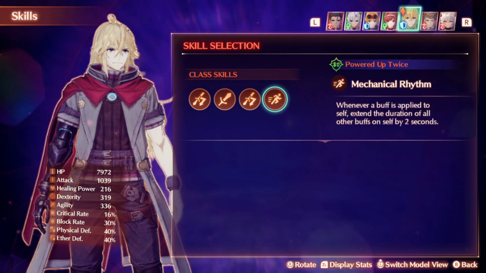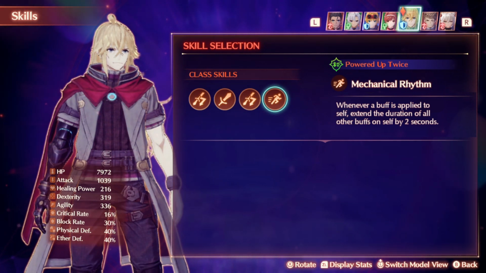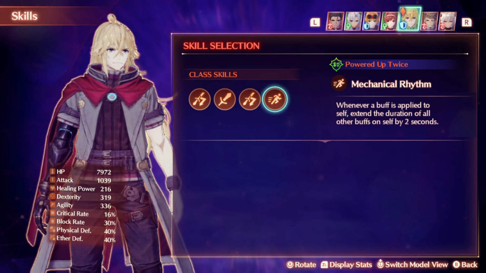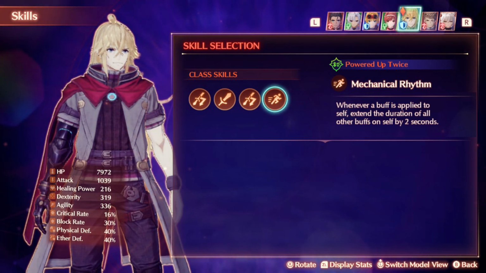Its new effect is that whenever Shulk applies a buff to himself, it extends the duration of all buffs already on him by 2 seconds. You can start to see this kit taking shape here, where Shulk is going to play as a supportive tank, applying debuffs and buffs. So having discussed his skills, and specifically Glorious Future, I think we should take a look